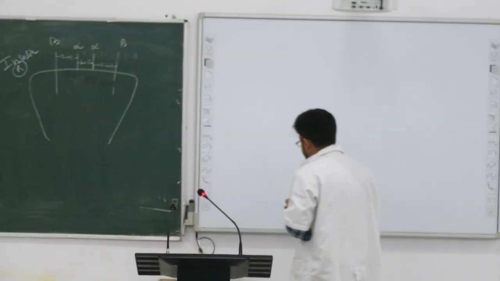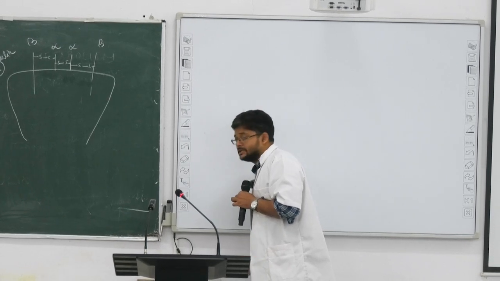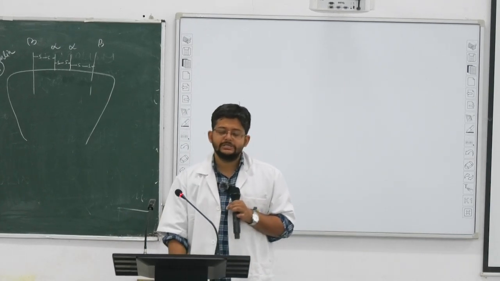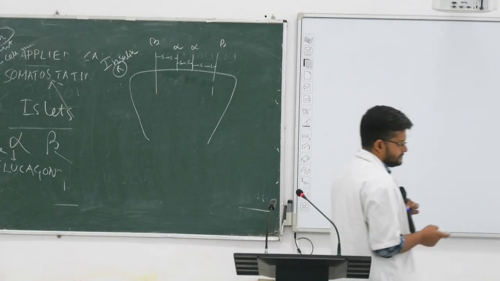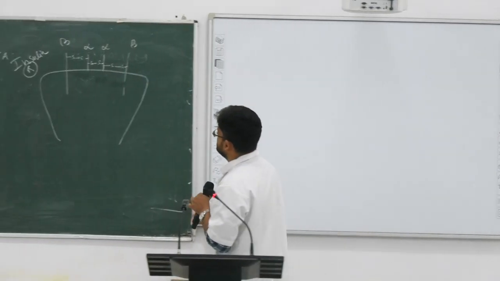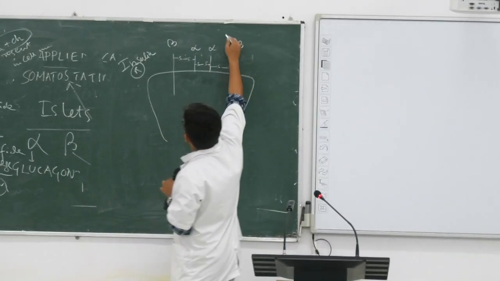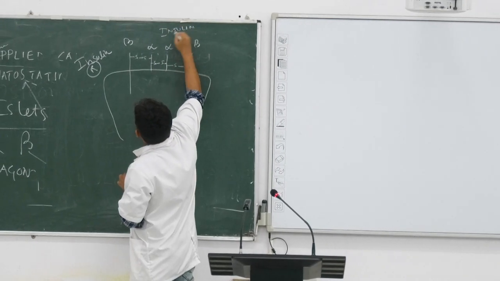Alpha subunit is extracellular. Beta subunits are transmembrane. Alpha subunit extracellular, beta subunit transmembrane. They are connected with disulfide bridge. And attached,